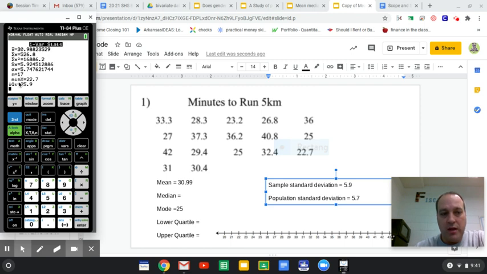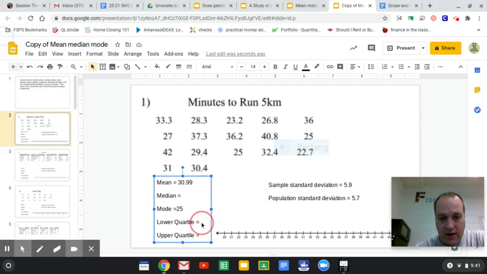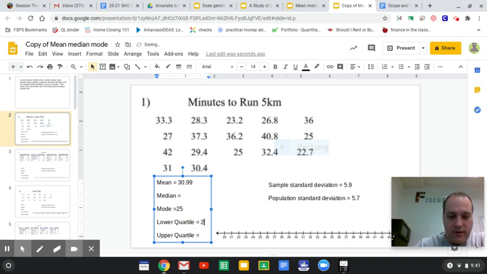So min, this is telling you this is the smallest number. Now we're going to need to know that when we do our box and whisker plot down here. But for this, not yet. And Q1 is the lower quartile, so I put 25.9 right here. 25.9. And then I go back to my calculator